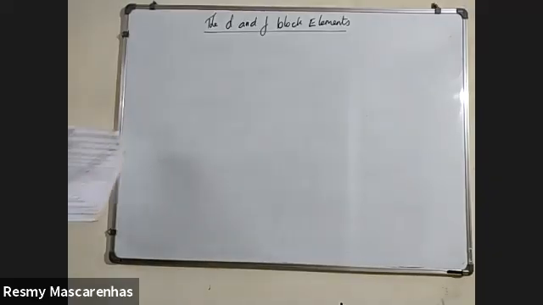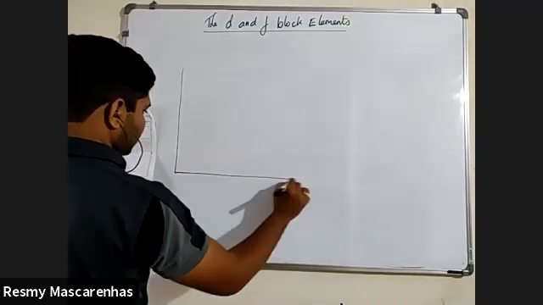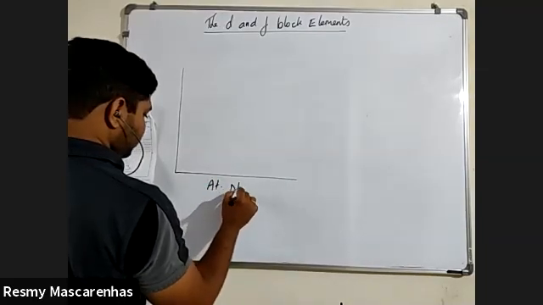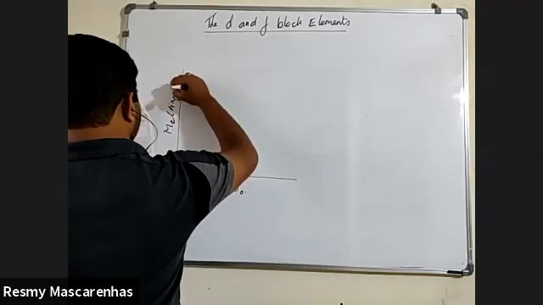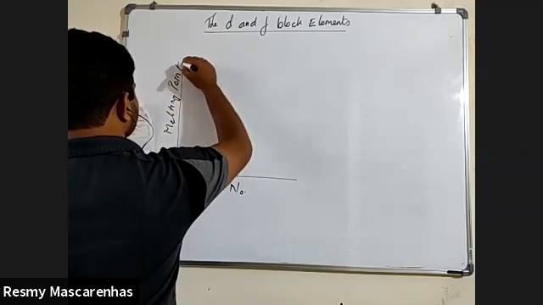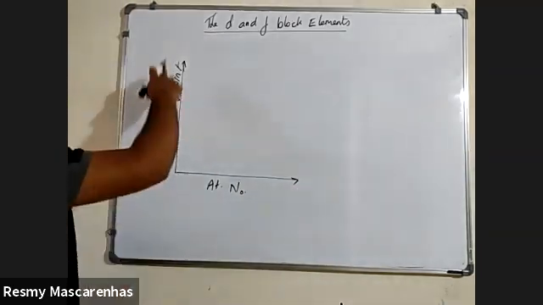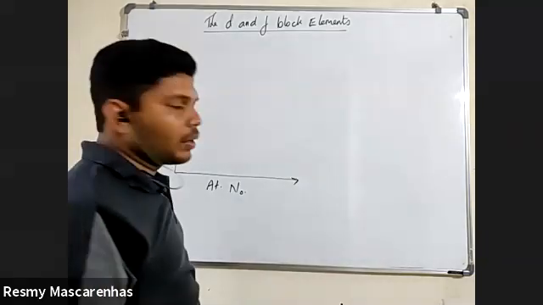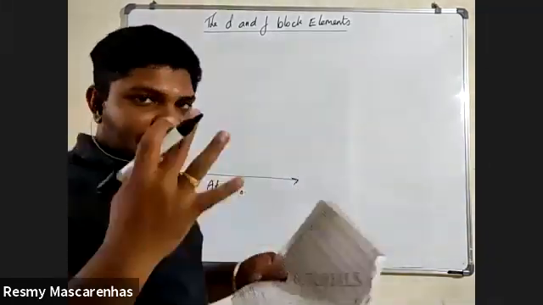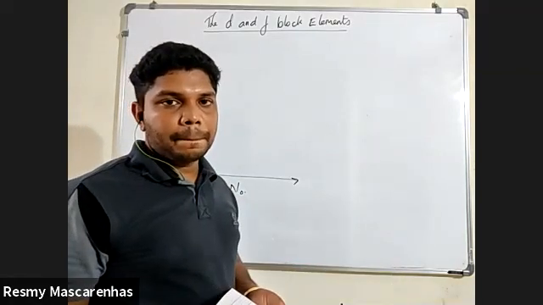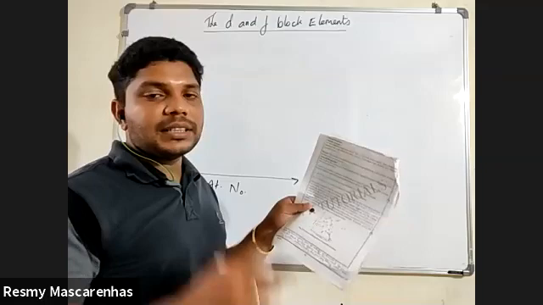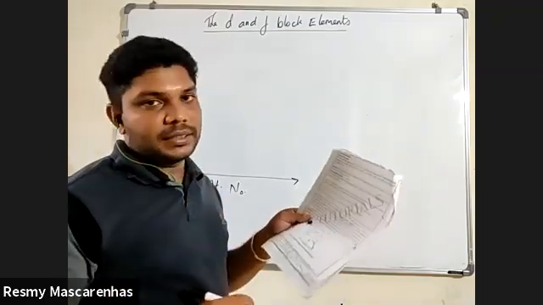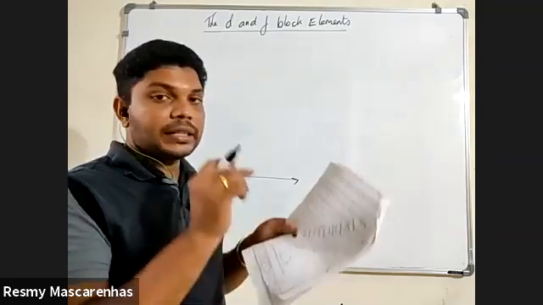Next is a graph, students. Okay, this is the atomic number, you can see on the notes, and this is the melting point. Atomic number and melting point. Now can you see the three graphs here? Yes, sir. So what are these three graphs? These are nothing but the first transition series, second transition series, and third transition series. Okay, and they have mentioned regarding